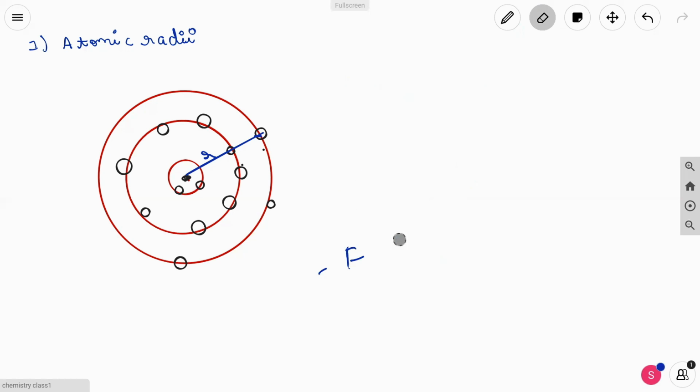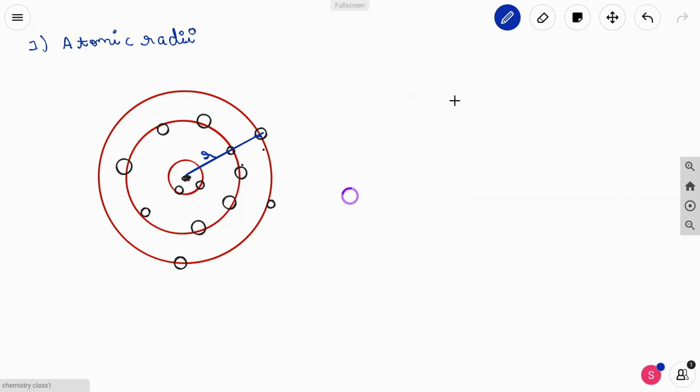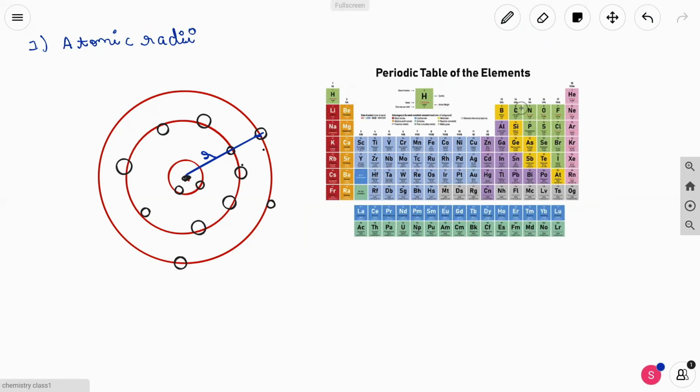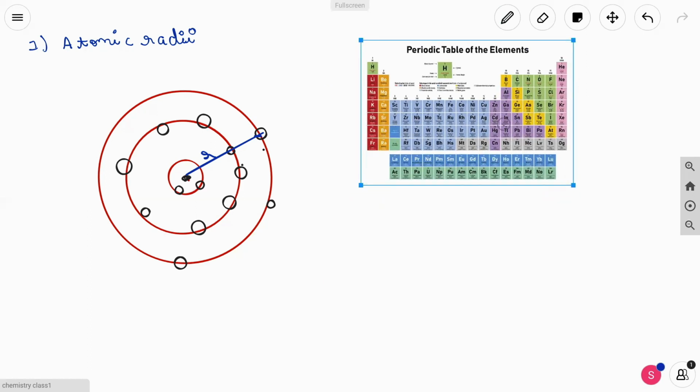Now we'll be discussing the trends of atomic radii, as I've now explained what atomic radii is. I'll get a small periodic table here. So as we go across a period,